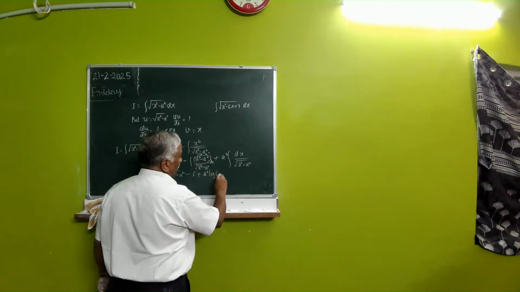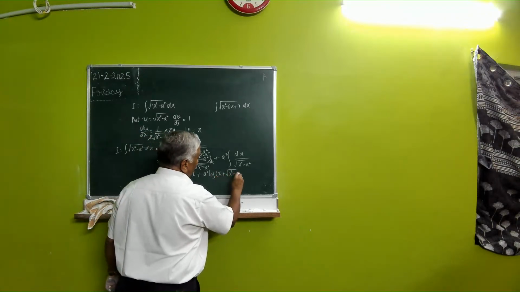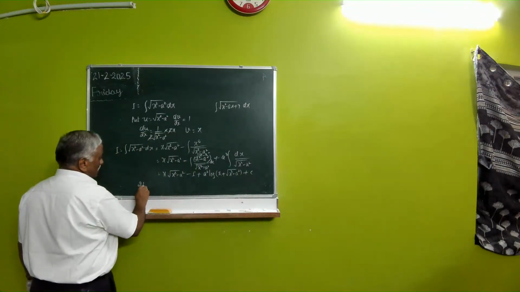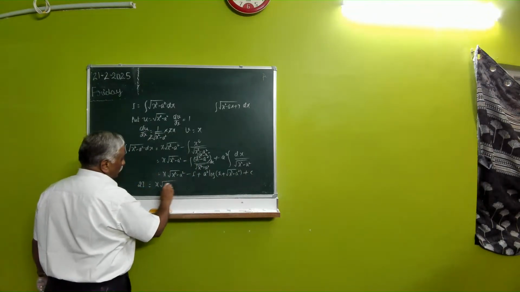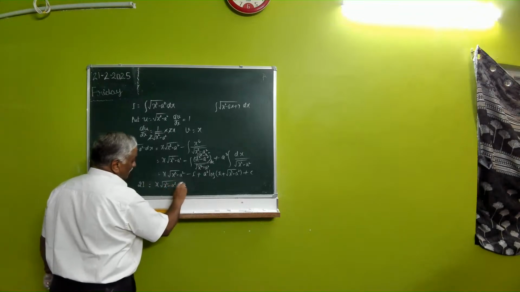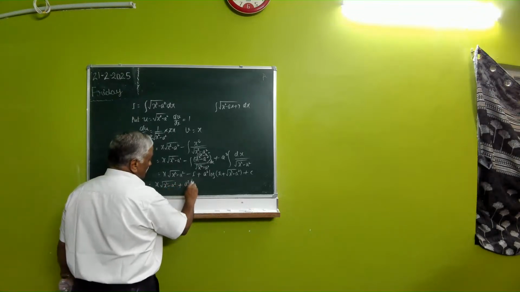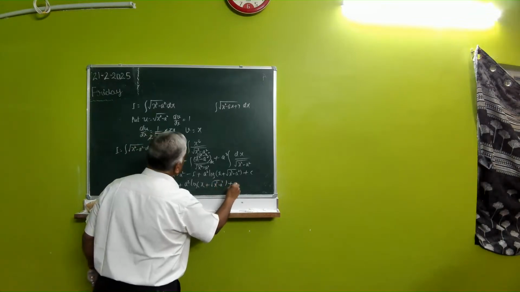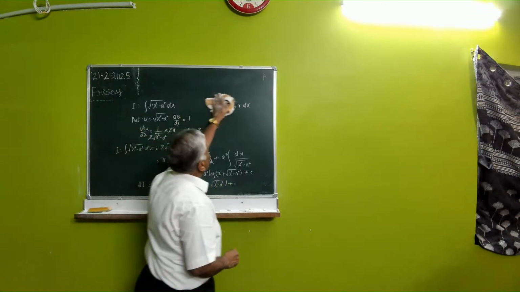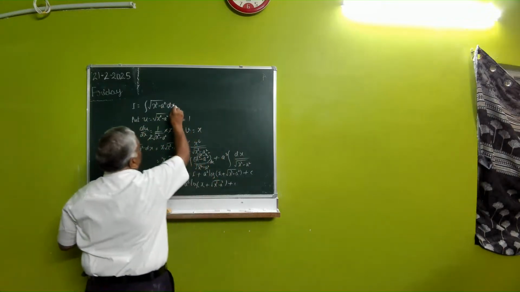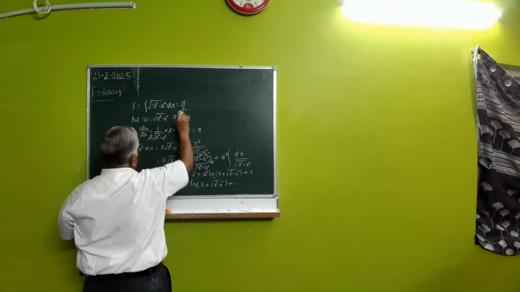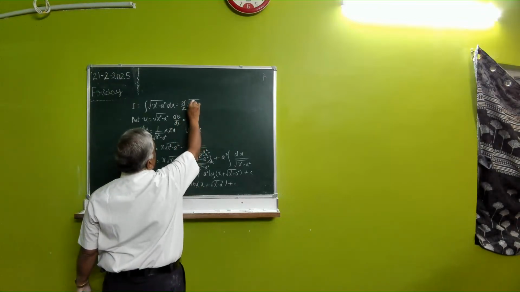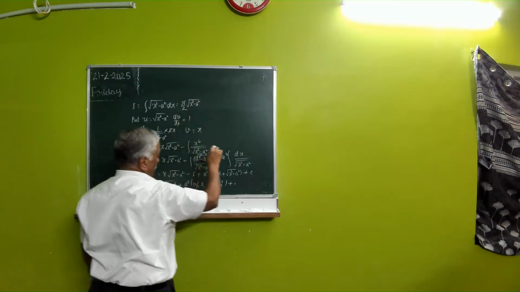Log of x plus root of x square minus a square plus c. So 2I is equal to x into root of x square minus a square plus a square log of x plus root of x square minus a square plus c. So what is the given problem? The solution is x by 2, because you have got 2I, shift it to the right hand side, x square minus a square plus